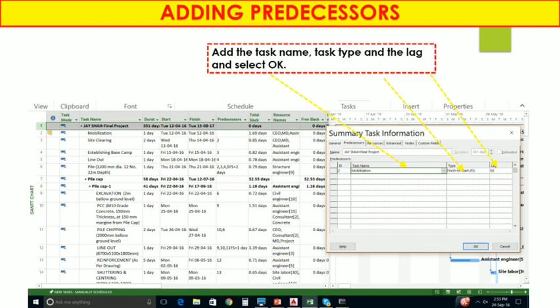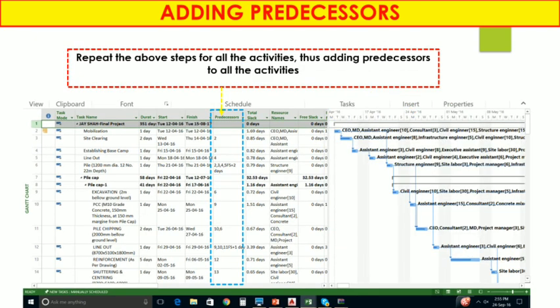If you are planning a big project, you can add a 1 day or 2 day lag between those two particular activities. So by that you can add predecessor activities in summary task information. Now repeat the above steps for all the activities and tasks, thus adding predecessors to all activities based on this process.